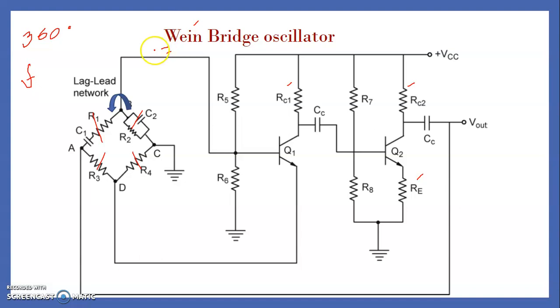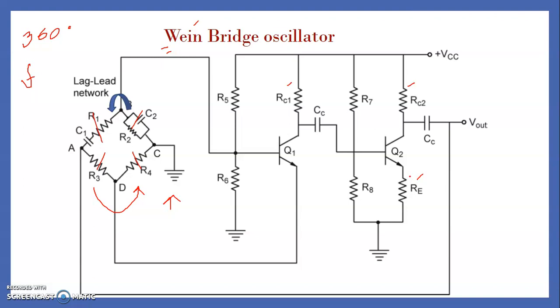As already told, the arms AB and BC are the frequency sensitive arms, since they determine the frequency of oscillations. Whereas the R3 and R4 resistors are used to improve the stability of the oscillator circuit. That is, the amplitude should not fluctuate even after it has become sustained. There should not be any variations in that. To make that effective, we are making use of the R3 and R4 resistors.